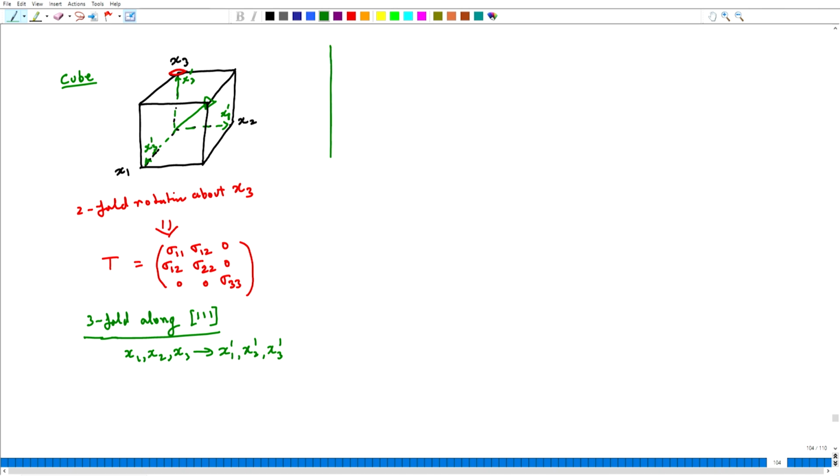So, it is very simple to write down the direction cosine matrix for this, and I am just going to write this because all the new axes are coinciding with an older axis. So, I will have direction cosine matrix as 0 1 0, 0 0 1, and then I have 1 0 0. So, this is my direction cosine matrix. Let me quickly solve this, and this time let us use matrices to solve this.